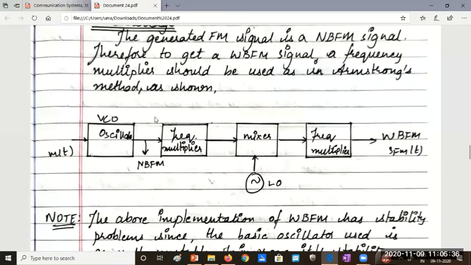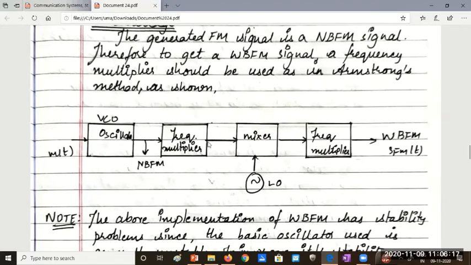Say I'm going to get a carrier frequency of 10 kilohertz. I can design a multiplication factor of 10 to the power of 5, or 10,000, or whatever, 1 lakh, and you'll get the output frequency as 10 power 5 into 10k, something like that, which is a large value. It will be approximately in gigahertz. So if you want to get wideband FM, you have to multiply this frequency using a frequency multiplier.